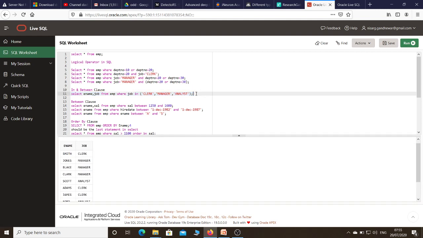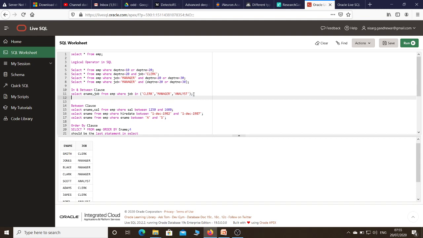Now the same query I can write with the help of OR clause also. How can I do this? Select ename comma job from table employee, where I need to write a condition job equals to, in single quote I need to specify clerk, because here job is given in capital letters, and in this case I want OR.